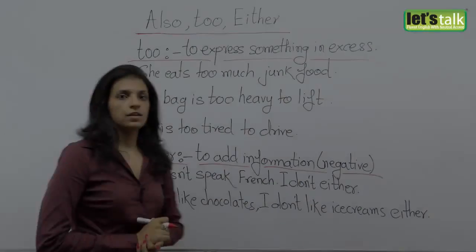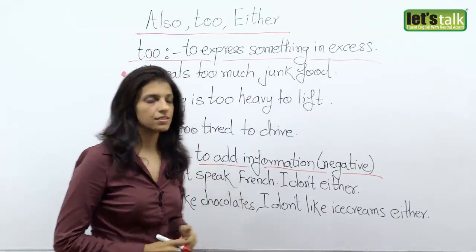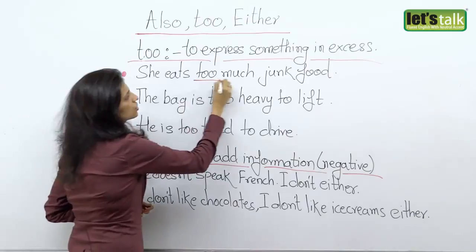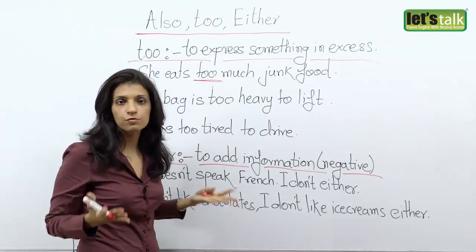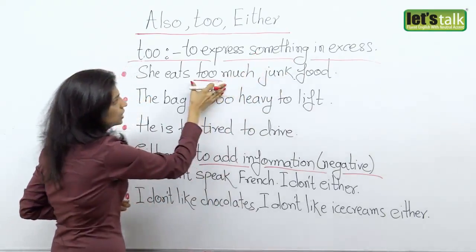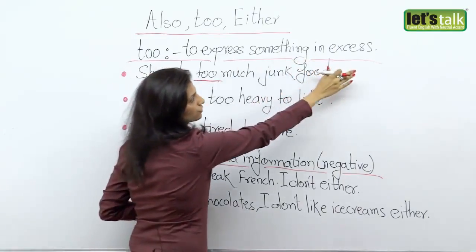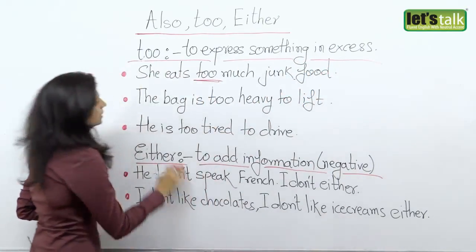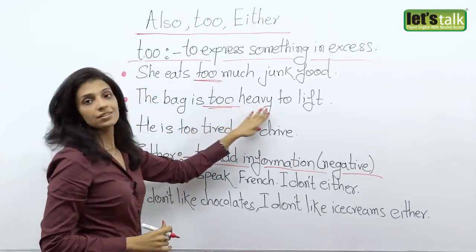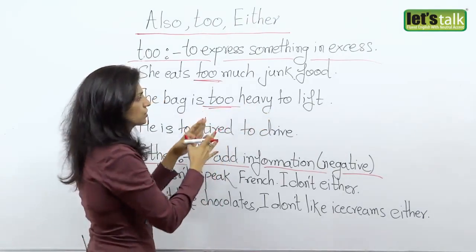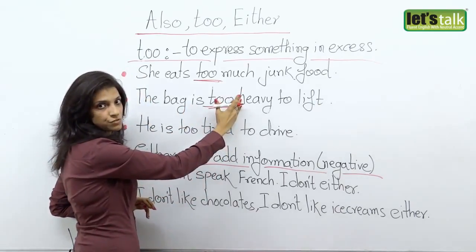Alright. So now we use too when you want to express something in excess. For example, she eats too much junk food. Now this means that she eats a lot of junk food, too much, in excess. Okay. So you place it before the adjective and not at the end of the sentence. Now my next example, the bag is too heavy. Like you see, heavy is an adjective. So when you want to say it's like too much, you use too before the adjective